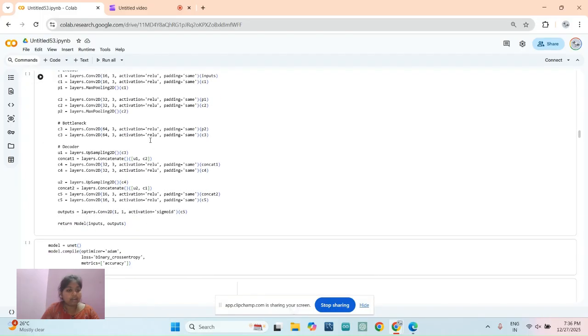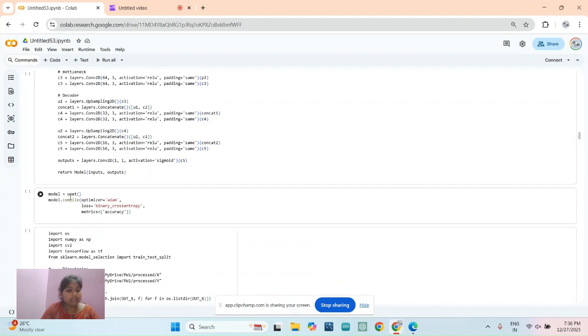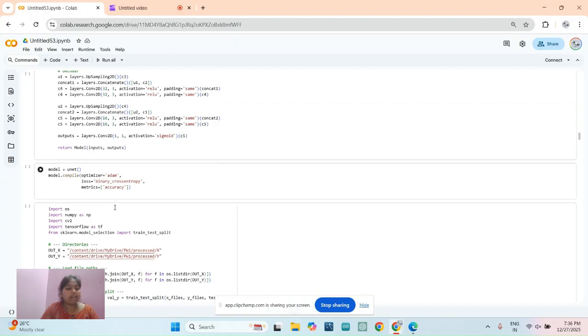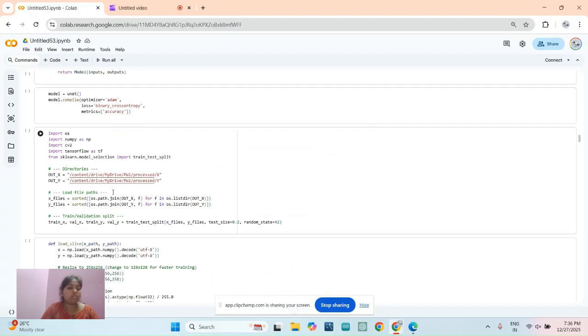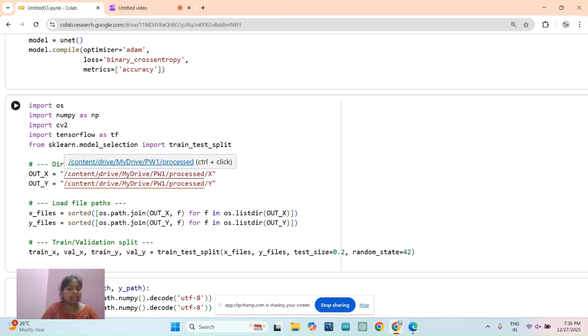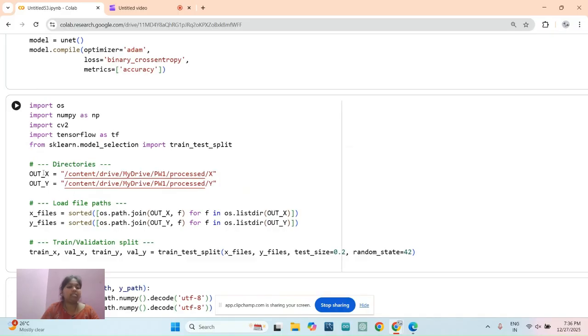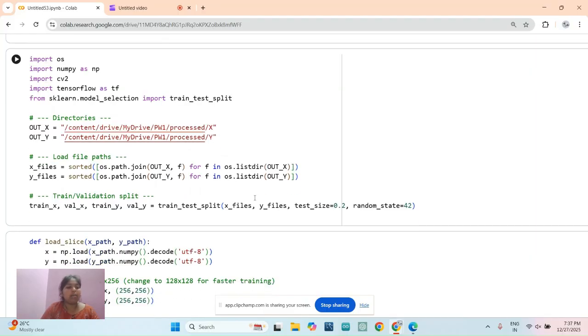Then the UNet architecture has been used, where I compile it with the optimizer. For the loss, I have used binary cross entropy, and the metric used here is accuracy. And these are the directories in which output x is the processed x data, and output y is the processed y data.